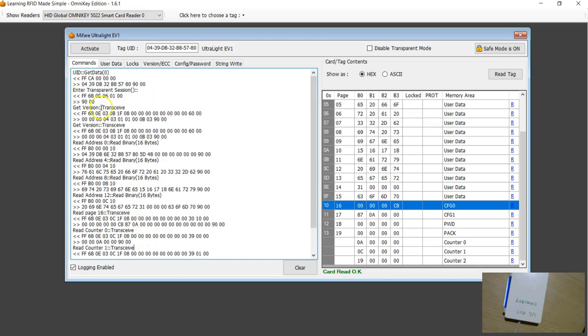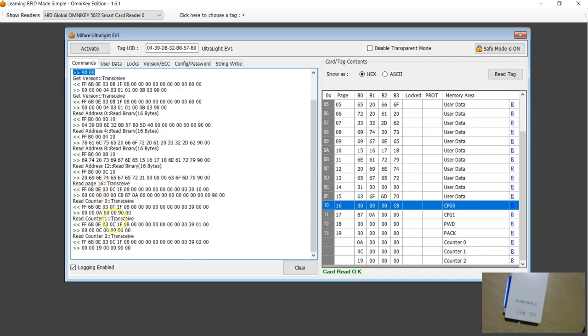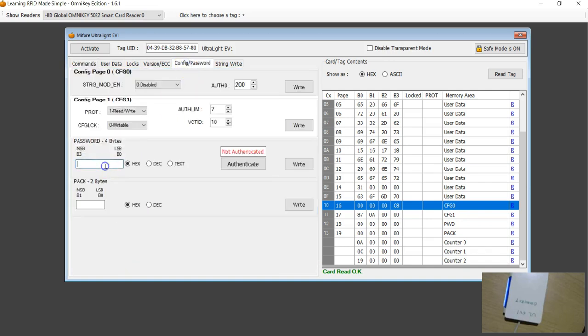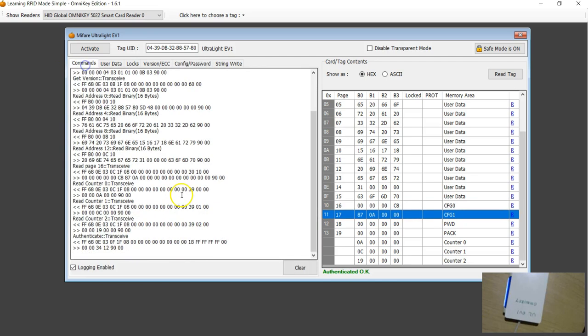Because the transparent session is already open, you don't see any more open and exit here. So likewise, I'm going to authenticate. We know the default password is all FFs. Now authenticate. If you look at the authentication command, it's just using the transceive. This is the command that's available in the transparent session. So here we send the password command and you get back